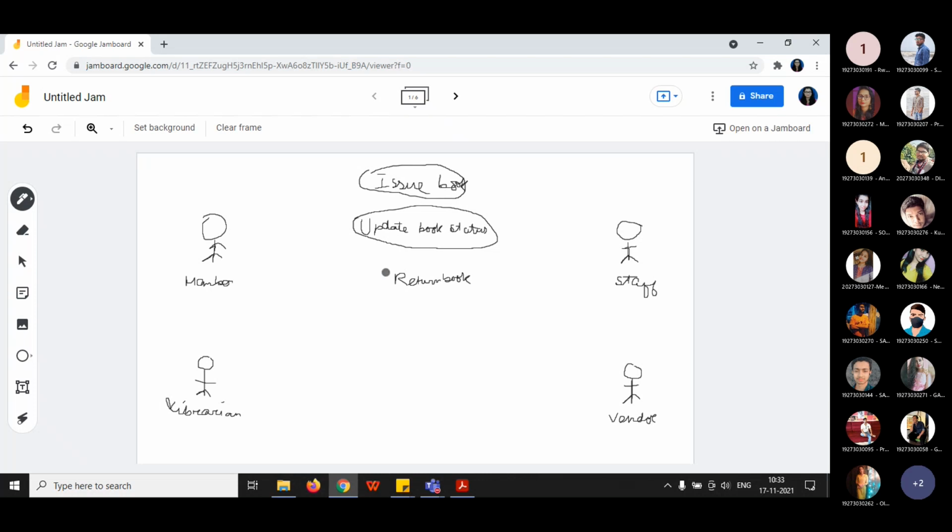Now the next thing is automata. In case of language, language is nothing but a collection of sequences of the alphabet, or sequences of strings, that has been given. This is return book. Next one is you can compute fine if they do not return. Now automata is derived from a Greek word, automata, which means self-acting. An automaton we can say is an abstract self-propelled computing device which follows a particular sequence of operations automatically.